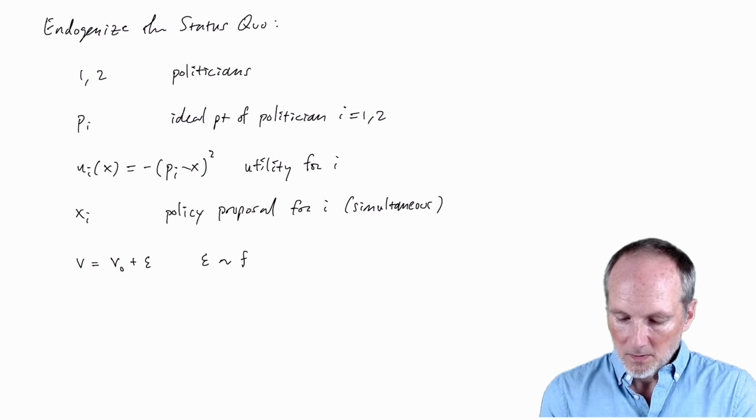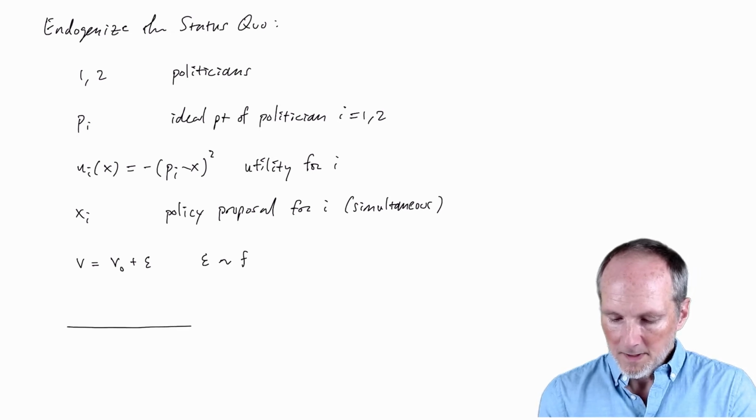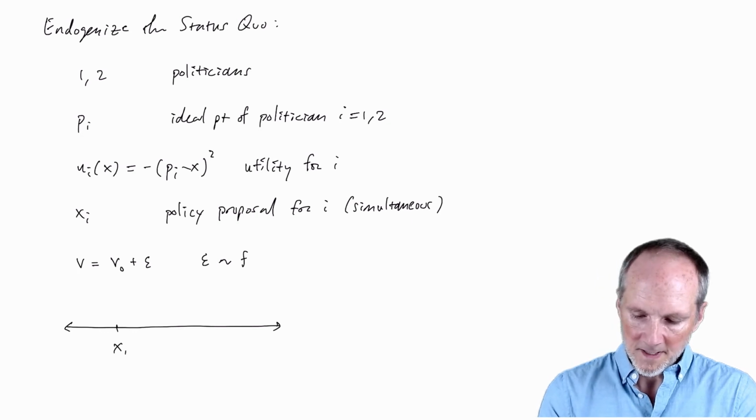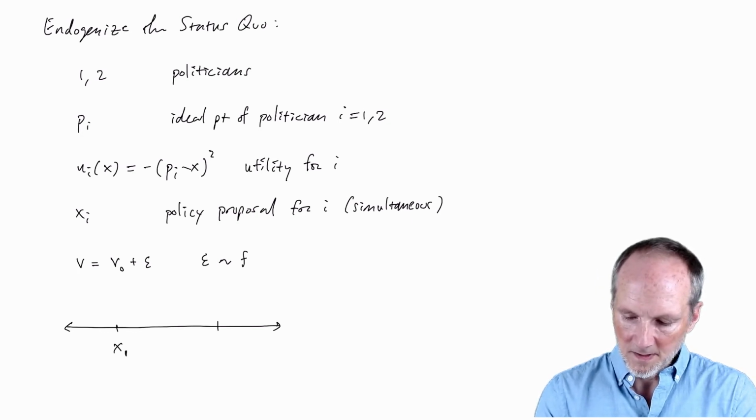So if politician 1's choice is x1 like this, and politician 2's is x2 like this,